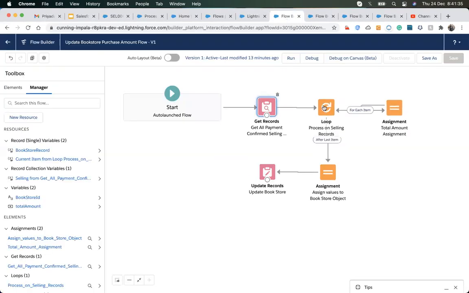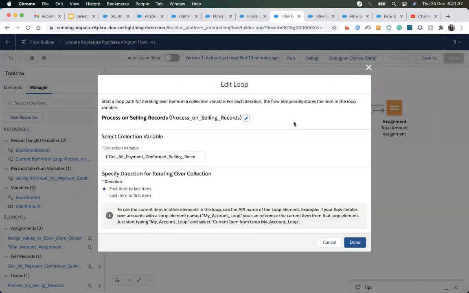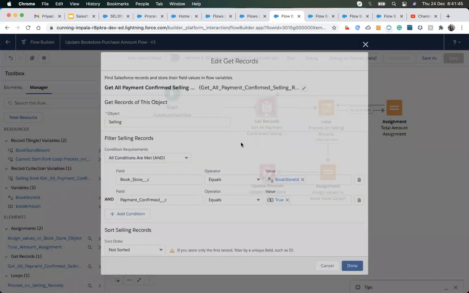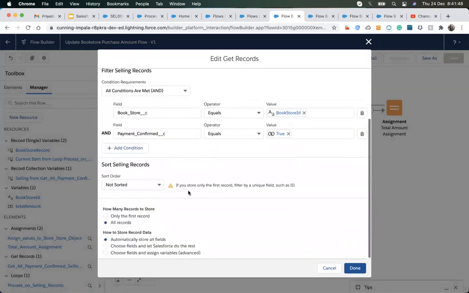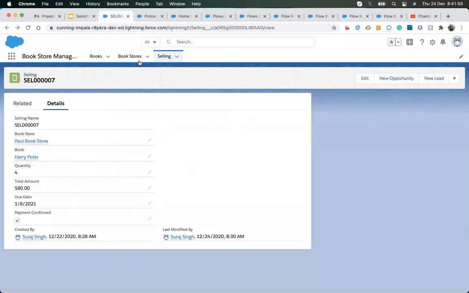This one? Yeah. Okay, for the loop to function, first we need a collection variable. In this example, as the collection variable I use the child records that we are getting from our bookstore.